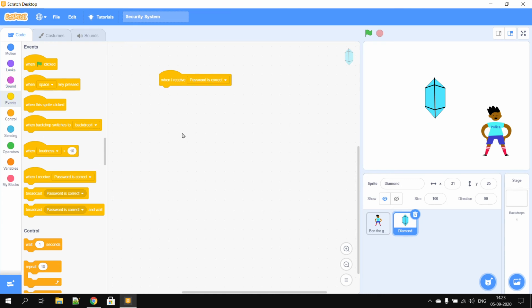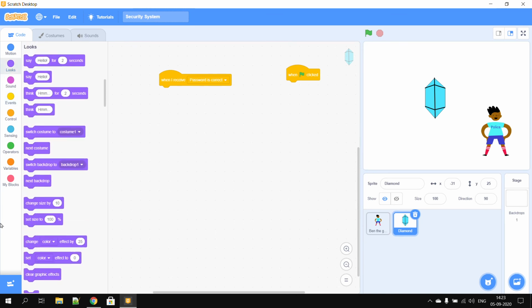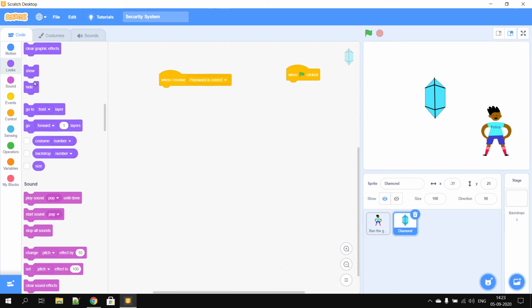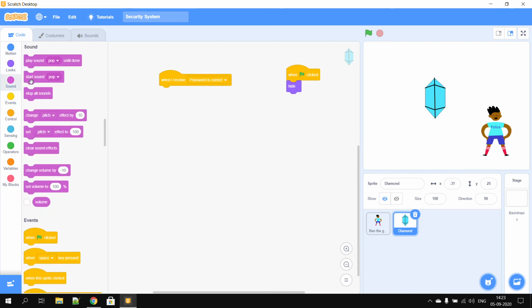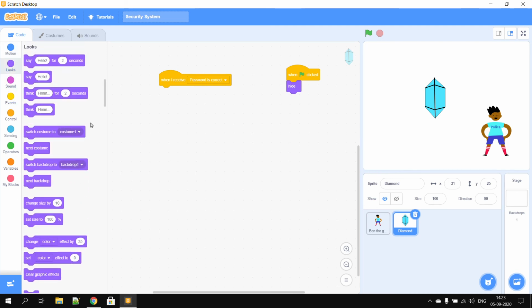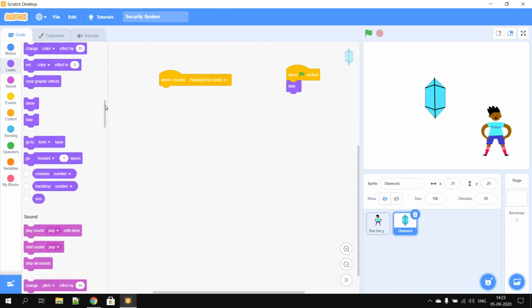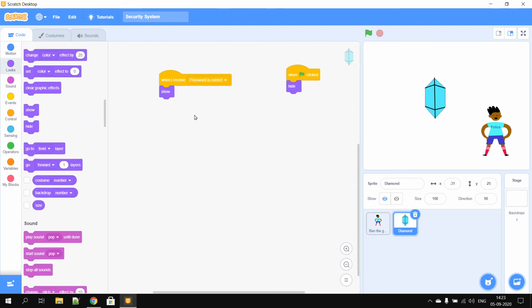So I will take when green flag clicked and I will put here hide. So it will hide when I click the green flag, and when the password is correct, then in its looks it will show.